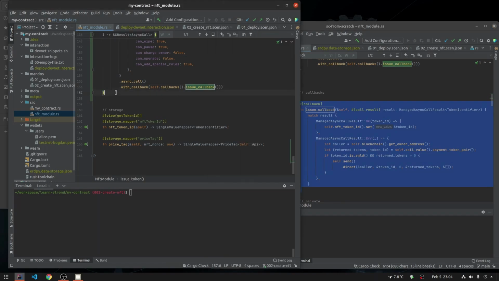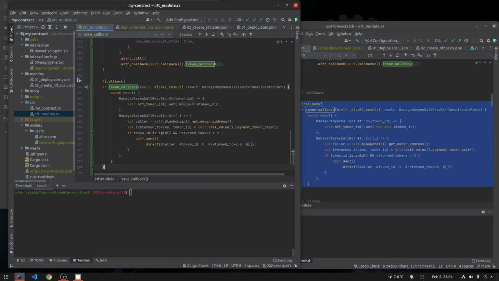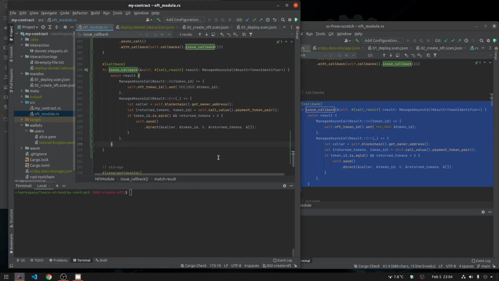Okay, and this is a callback. You have the callback, I don't know, in Java, it seems like an annotation. I don't know the name in Rust for them. Decorations, annotations, might be a different name, I don't know. Payment token. So what this one does, it takes the result and it stores it in the